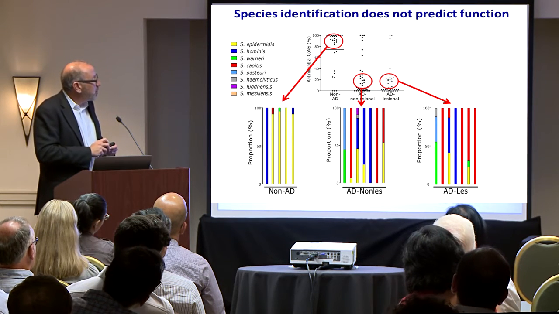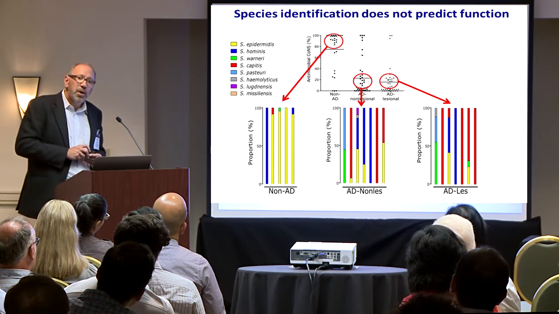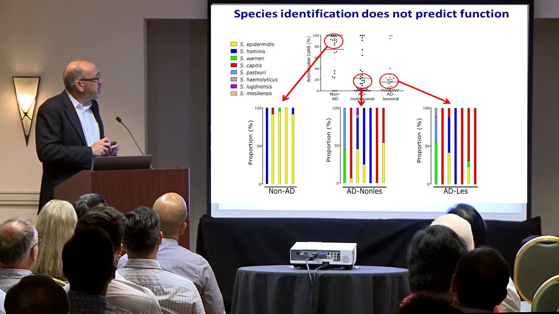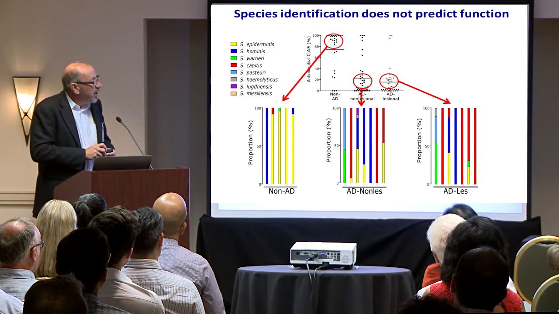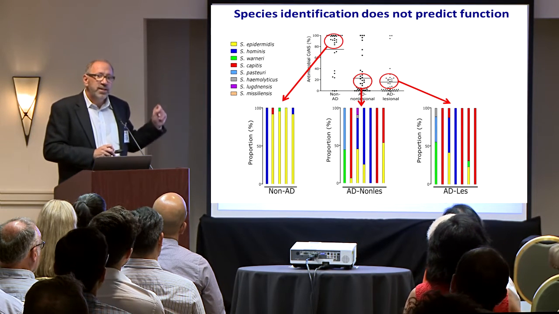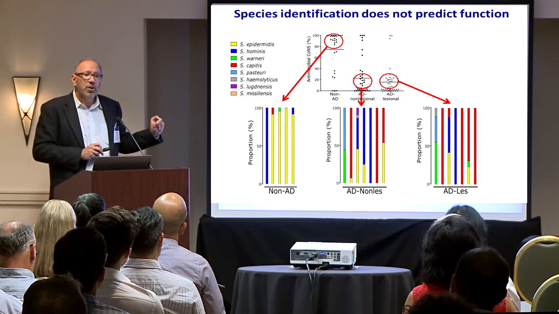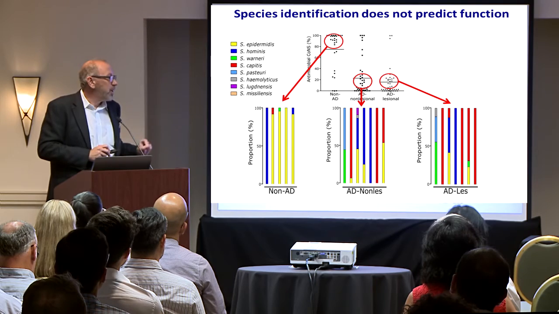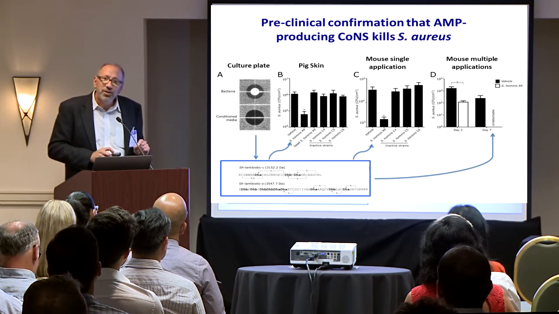Similarly for Hominis and Warneri and the other species that comprise the normal human skin microbiome, you could find these species existing either in the functional group or in the non-functional group. So at the species level of identification, we're unable to distinguish between those that were beneficial and those that are not beneficial. So then we got to go back to the stuff we were doing 20 years ago,